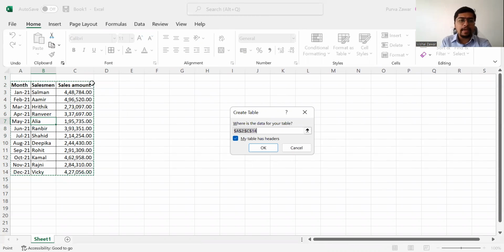Now, sometimes it might happen that this data set is not what you want and you want some additional or some columns to be removed. You can do that manually. Excel will take the entire data set into picture whenever you are going for tables. So these are the ways. You might select the entire working area, you might select a specific cell and Excel will decide the entire data range, or you can go and use the tab in Insert. Now when I press OK,